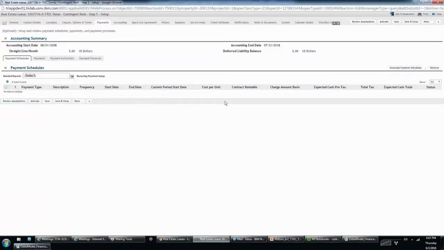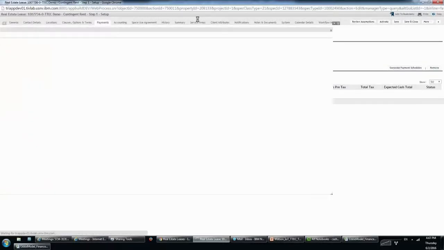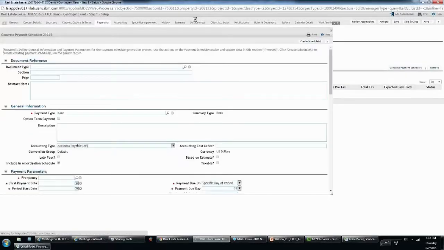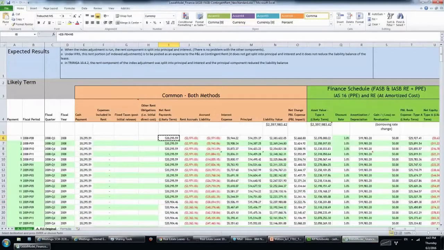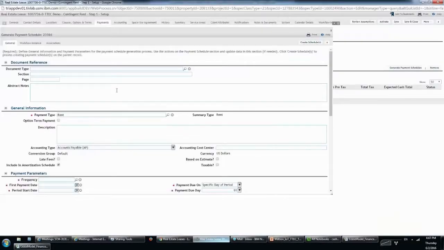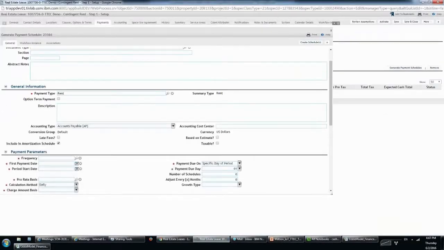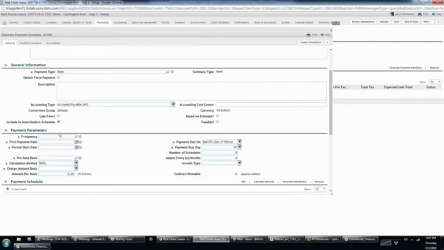I have to go and create the payment, which is the base rent of $20,259. So I'm just going to create payment type equal to rent, and then it will be a monthly payment, and then start on the first day of the lease itself,